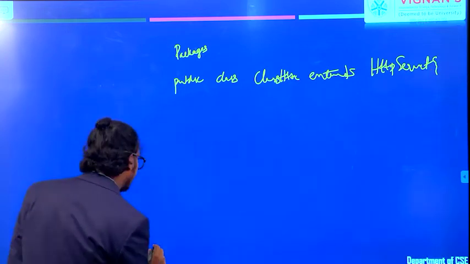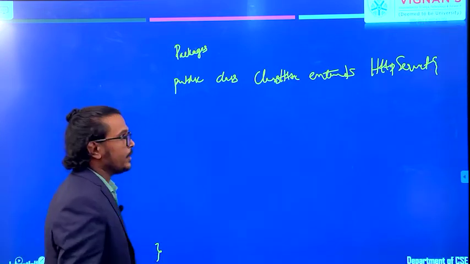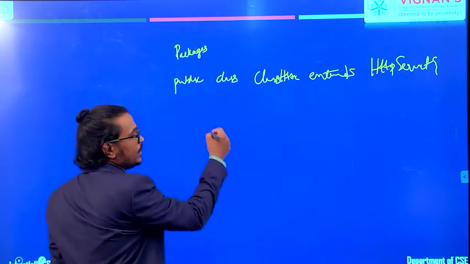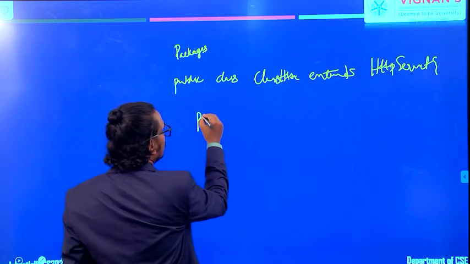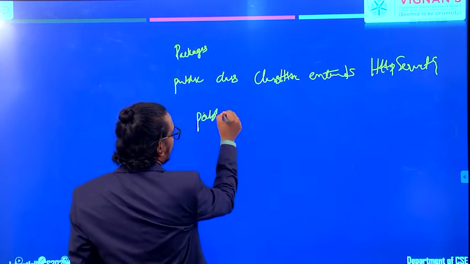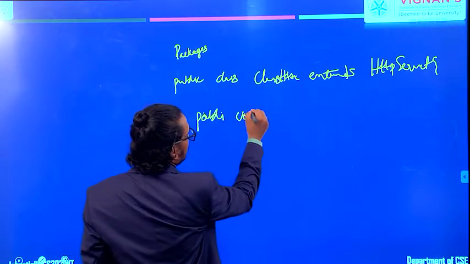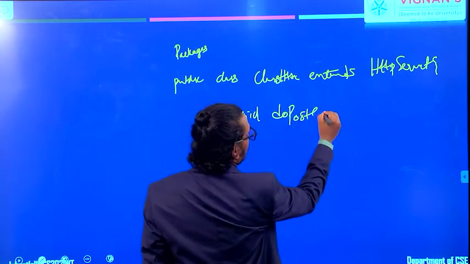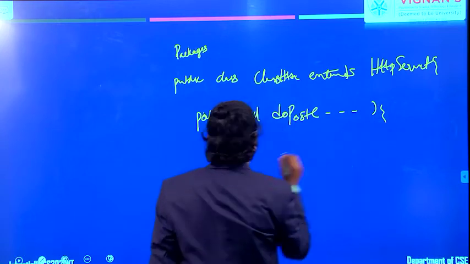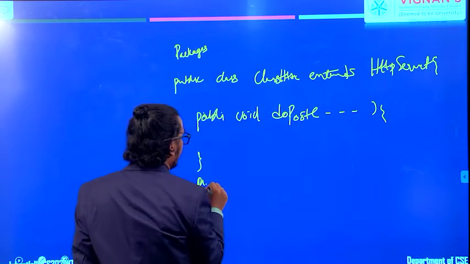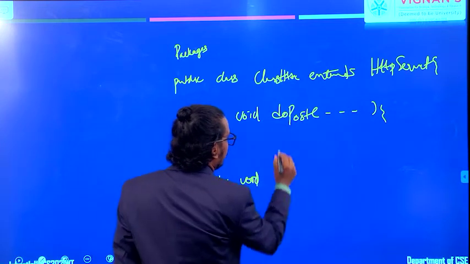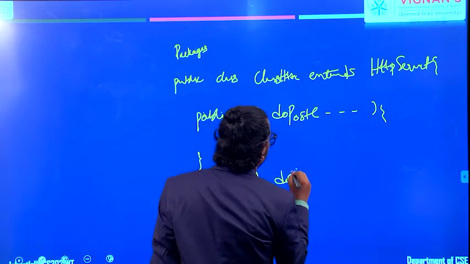In this HttpServlet, you can directly override the public void doPost method, or you can override the public void doGet method.